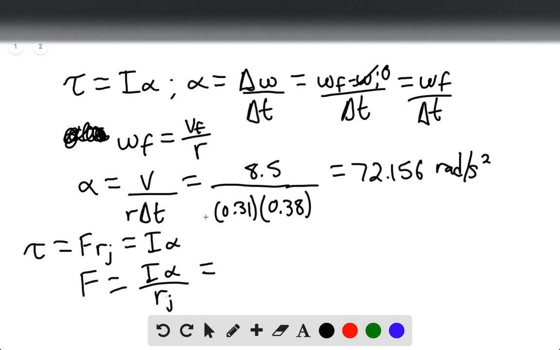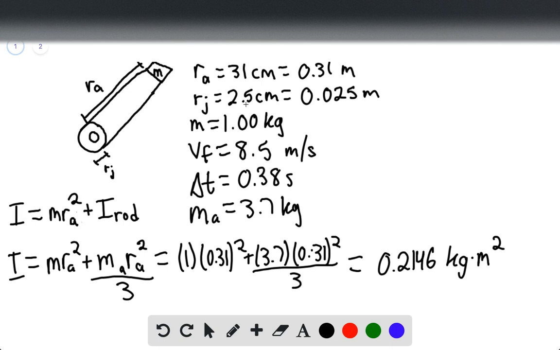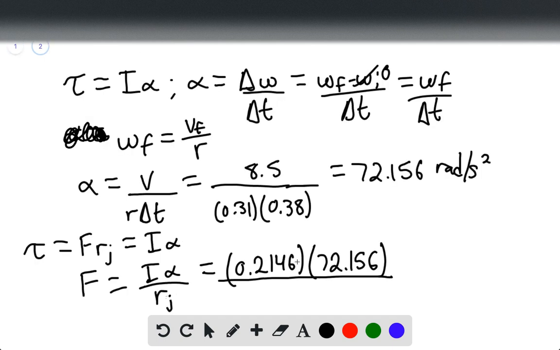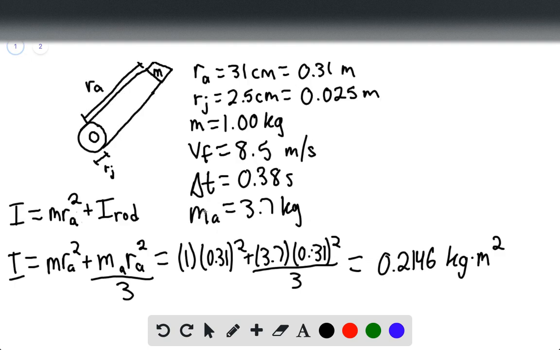And this is going to equal I, which we found here, 0.2146 times alpha, 72.156, all divided by the radius of the joint, which is 0.025. And we find that the force is 619.387 newtons. So this is the force required in order to throw the ball,